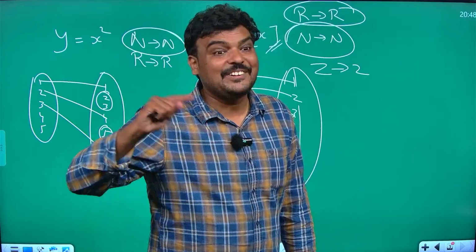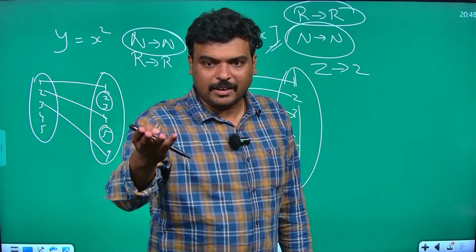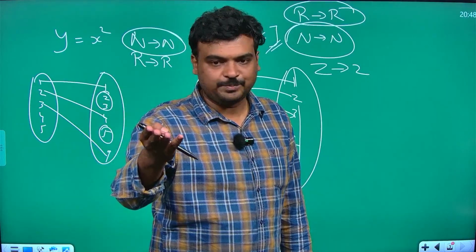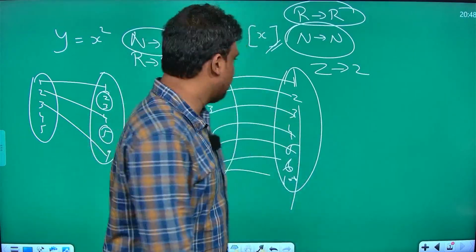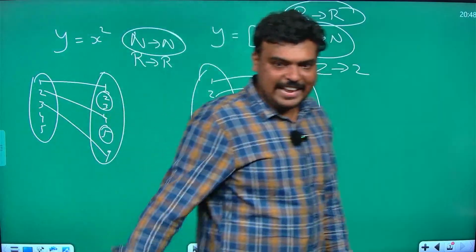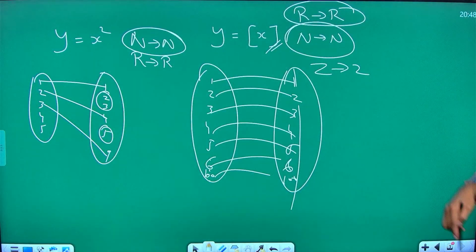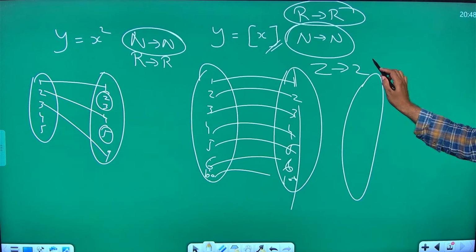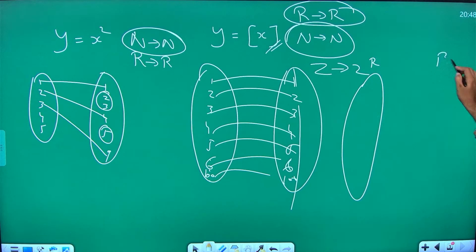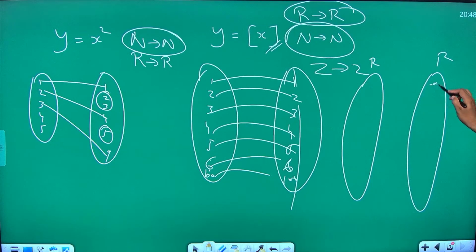Sir, when real to real, is it onto or into? No. When will a negative be a square? In x square, how will you map the negative numbers? What did I say? Real to real. In real numbers, I will have all the negative numbers, correct? It comes minus 1 and 0. Then all the real numbers up to infinity.